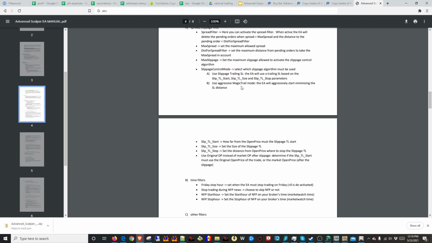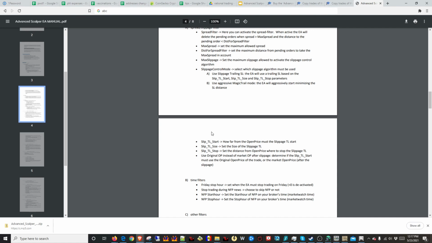If I look over here at the manual, it says slippage control mode. Select which slippage algorithm will be used. There are several slippage algorithms you can use. Basically, I think what it's doing is it is based on your settings. It is checking how close the price is to the slippage settings that you set, how close the price is to the stop loss, and then it's manually moving the stop loss on the broker rather than keeping the stop loss